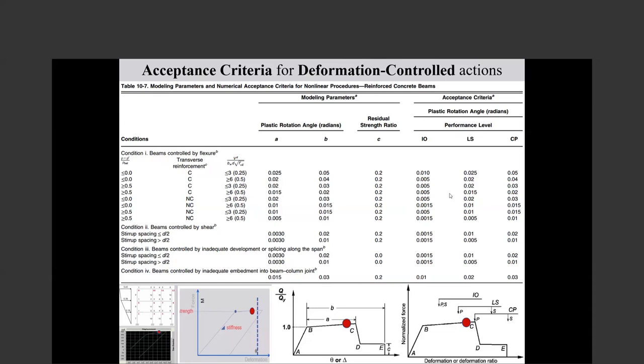If you use some of the commercial softwares, in some of the softwares they have modules to do section analysis,